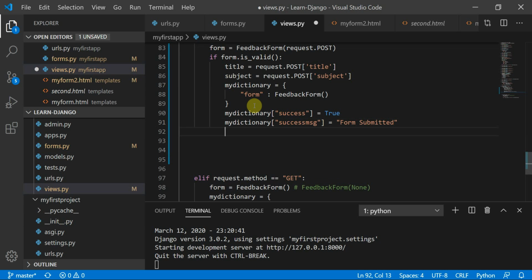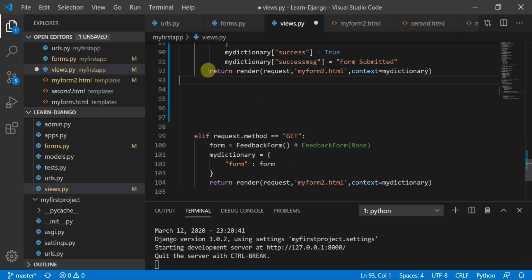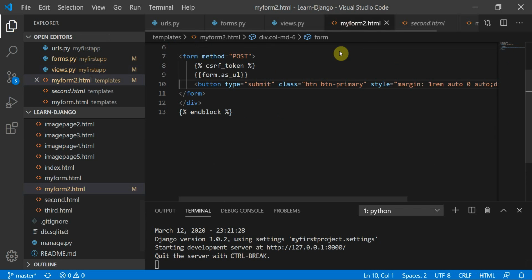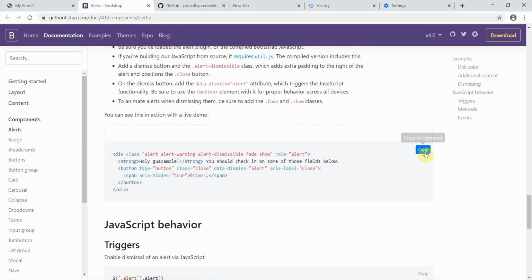And then what am I going to do? I'm going to return this page. I take request as a parameter, my form2.html, and context is equal to my dictionary. Here you can see I have returned my form2.html with context equal to my dictionary. So basically I would move to this part. We would use this,